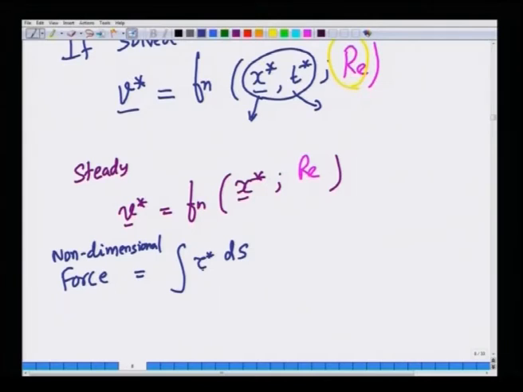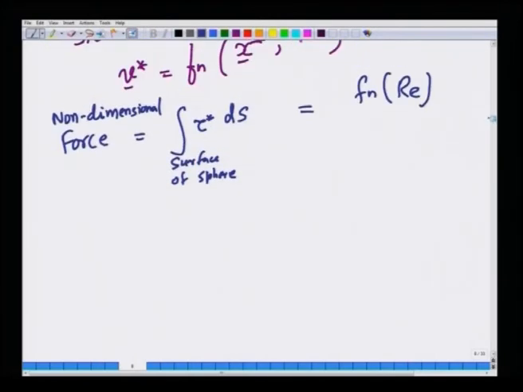Now, this is evaluated at the surface of the sphere, which means that you are integrating over various positions. So, the non-dimensional drag force will be a function only of Reynolds number. This is exactly what we found even in pure dimensional analysis without worrying about Navier-Stokes equations, but the Navier-Stokes equations also tell the same thing. Now, another important lesson from this result is that